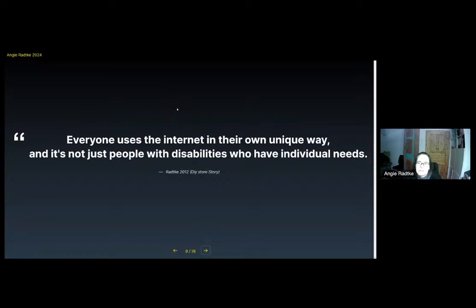Accessibility and usability are very close together. Everybody uses the internet in their own way, and it's not just people with disabilities who have individual needs. The basis of every website is usability, and accessibility comes on top, but not the other way around. For example, some years ago, I went with my husband and my younger daughter to a